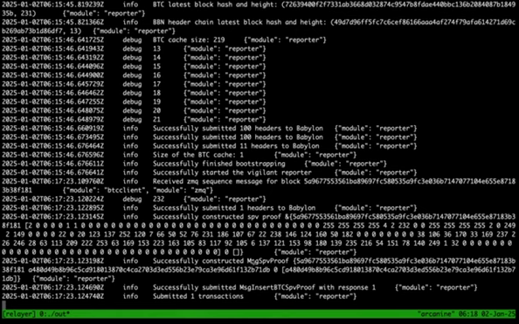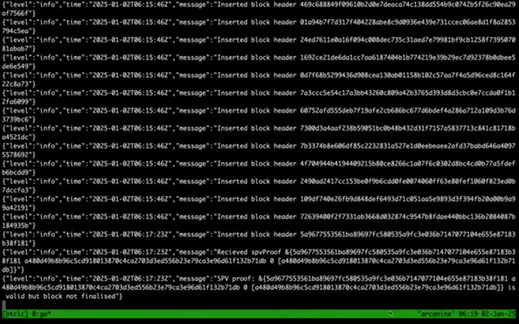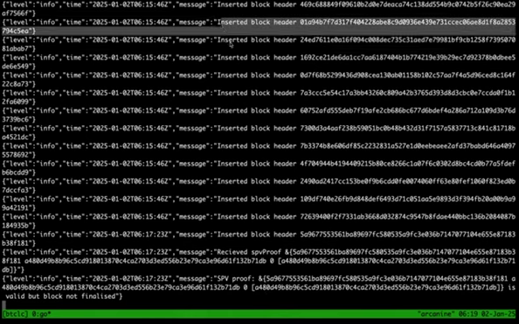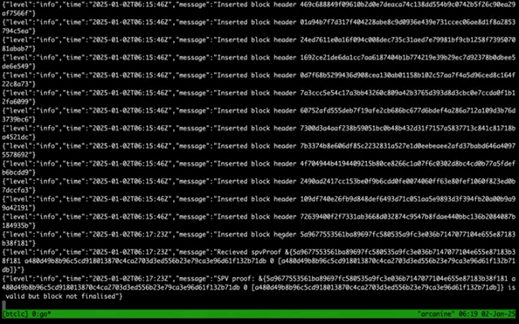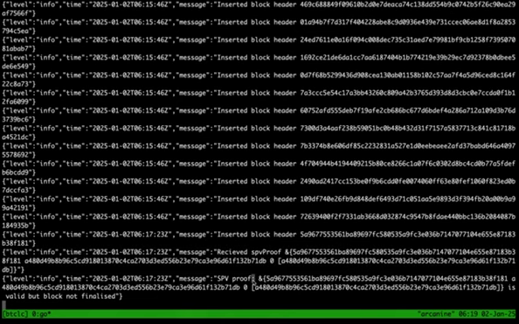you can see we submitted the proof to the relay, to the light client, and then we got a response from the light client. So the response ID 1. So if you go to the light client, we'll see that first it was able to listen to all the new headers that were incoming, and when the transaction happened on the Bitcoin node, relayer sent the proof to the light client. Here you can see the proof was received as was sent by the relayer, and then upon parsing